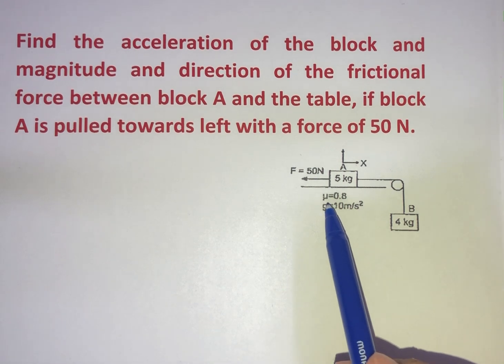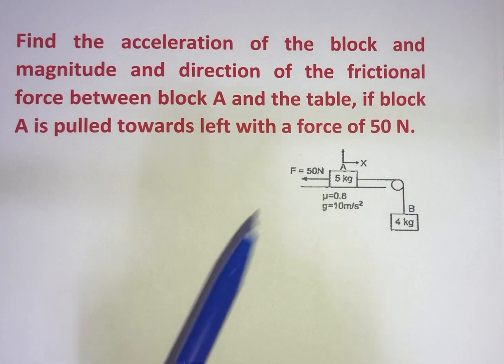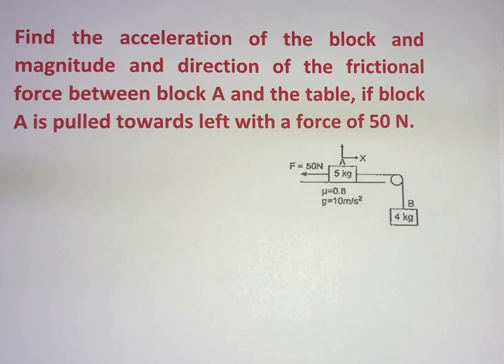It said that coefficient of friction is 0.8 and g is to be taken as 10, and we are going to find out what will be the acceleration along with the direction of the frictional force between block A and the table. So first of all,